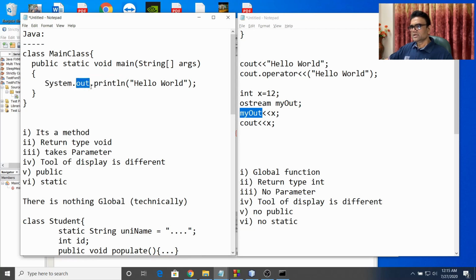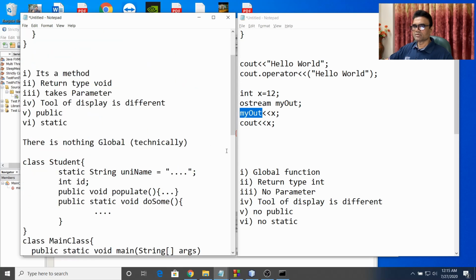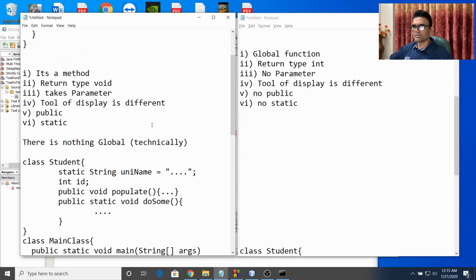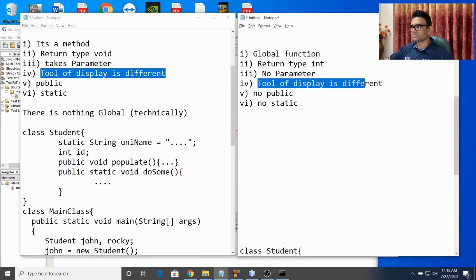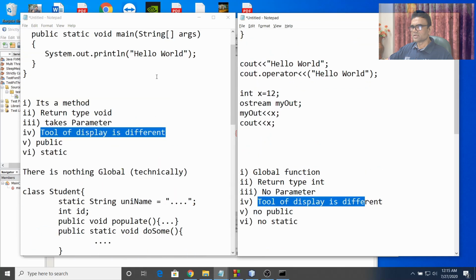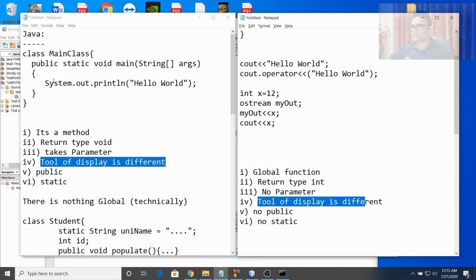Okay, so if we look at number 4, the tool to display is different. It may appear that they are totally different, but essentially their mechanism is the same. Okay,